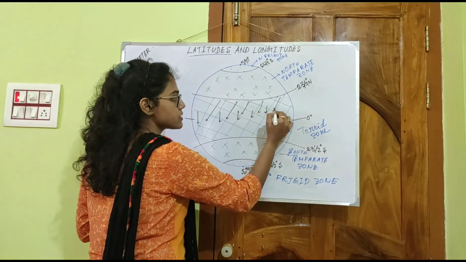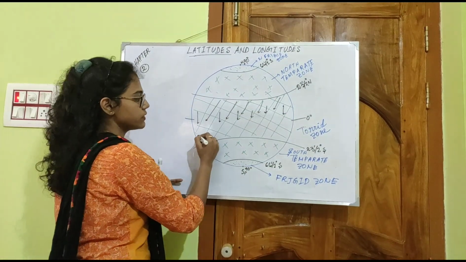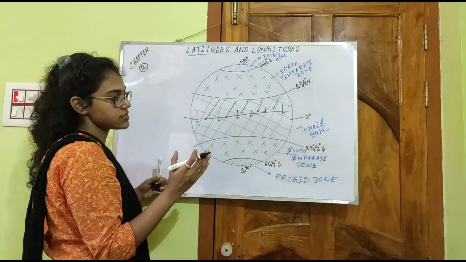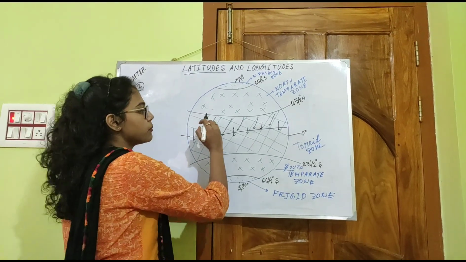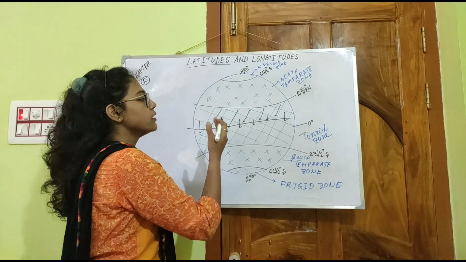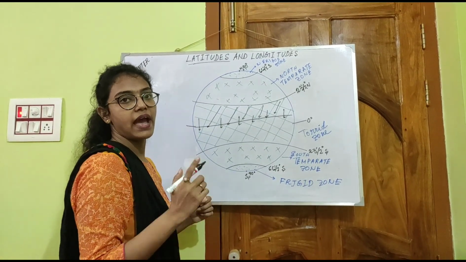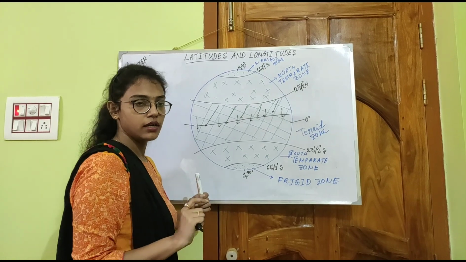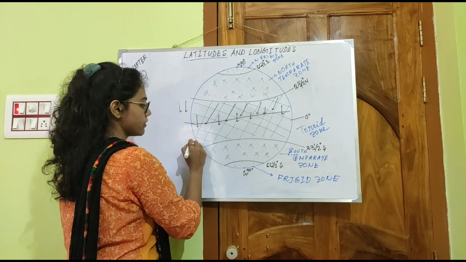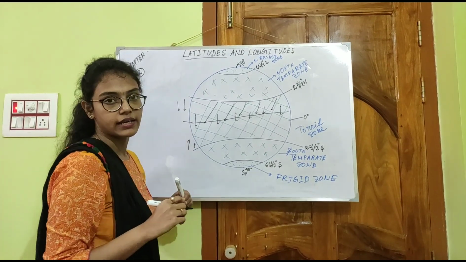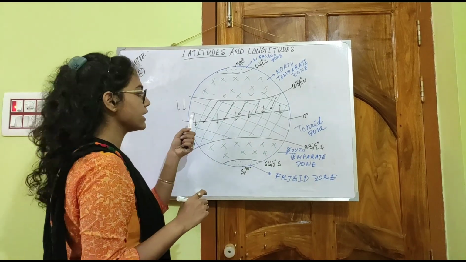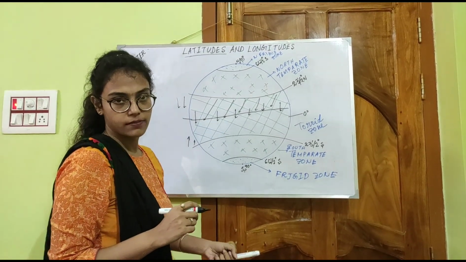But at the other times, in the other places, on the equator the sun rays are coming directly all the time, but in the other places some rays are coming a little bit slantingly, and on a particular day in a year the sun rays fall directly. That is the 21st June. The sun rays fall directly in that place.